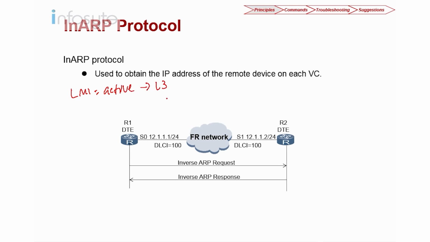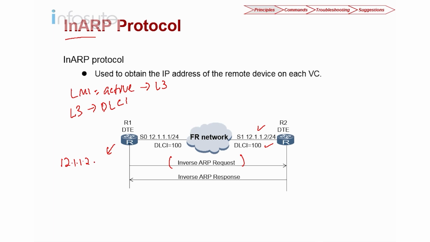So regardless of what type of layer 3 you are using, they need to have a mapping. They need to map a layer 3 protocol to the DLCI. One way for us to solve this issue is using inverse ARP. Firstly, R1 is going to send an inverse ARP request to R2. R2, upon receiving it, is going to respond to R1 mentioning that it is using this particular IP with this particular DLCI, and R1, upon receiving it, will register it in the frame relay mapping,